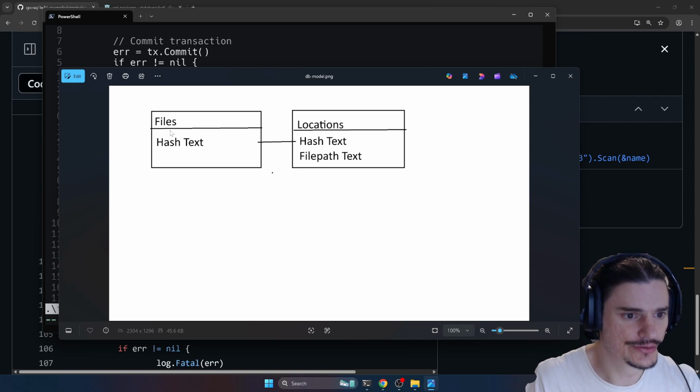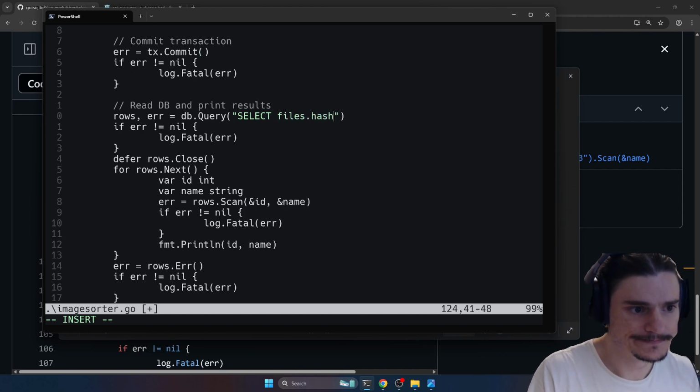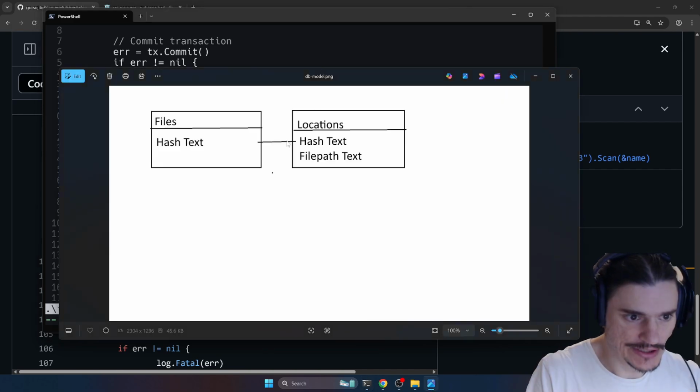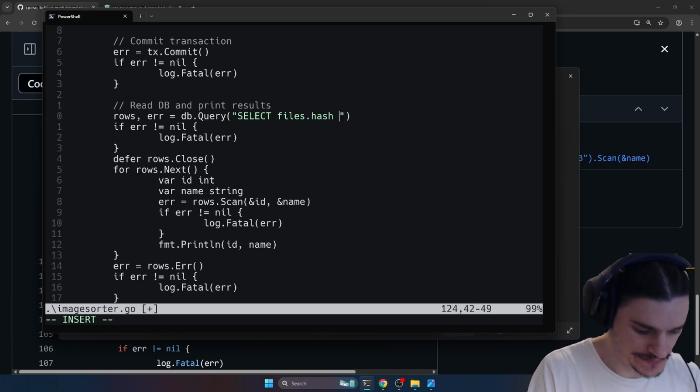Let's grab, actually, we only need to grab the hash once. So select files, hash, and locations. So file path is going to be